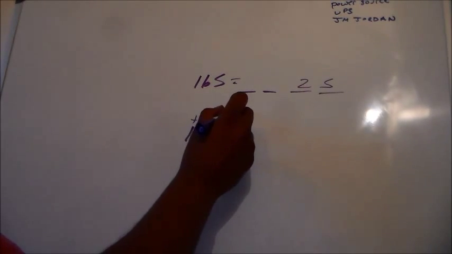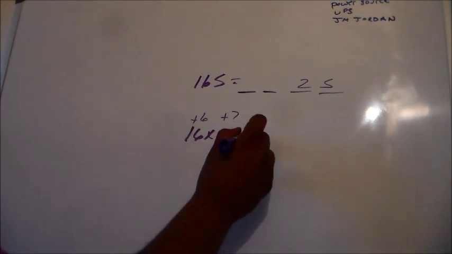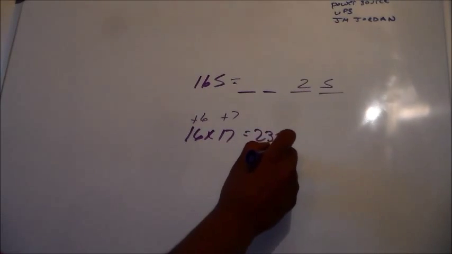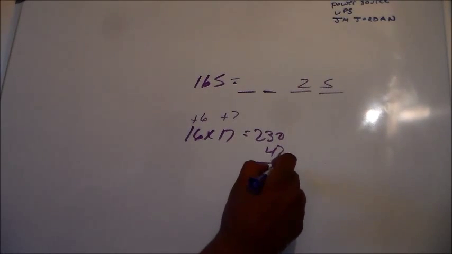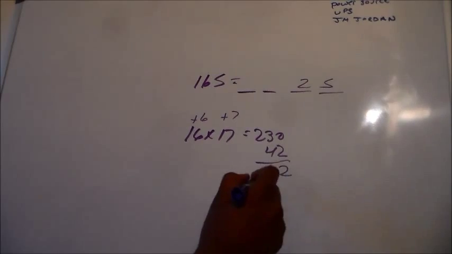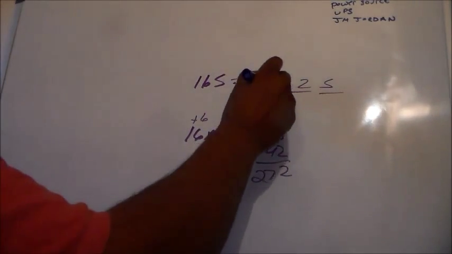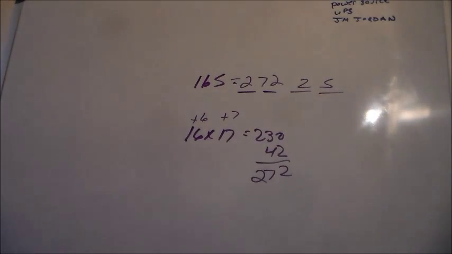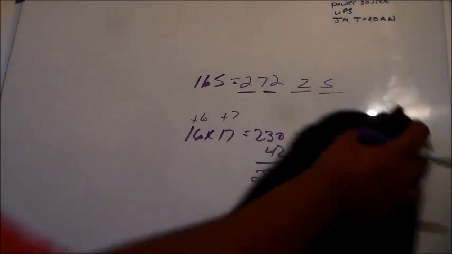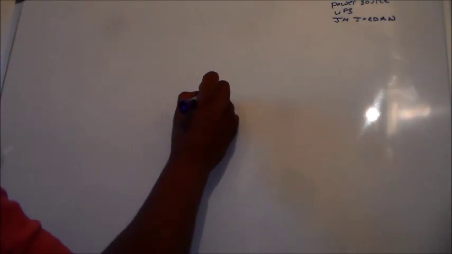Plus 6 plus 7, 230, 272. So 272, 25, 27225. Let's try 175